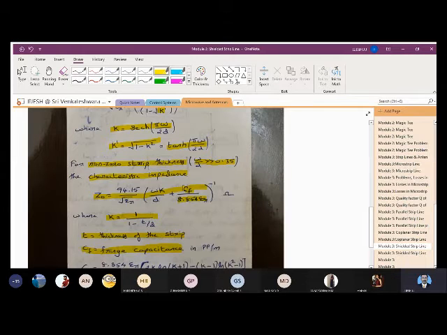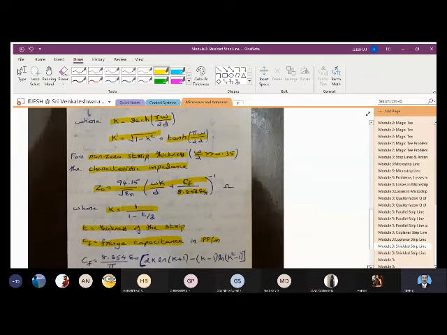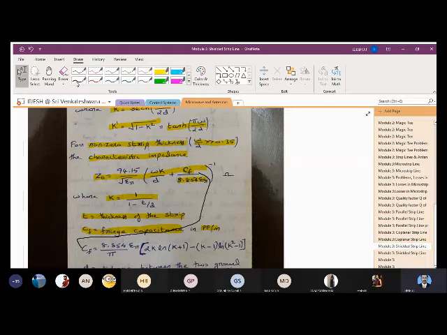So CF is called the fringe capacitance. It is in picofarad per meter unit. To find the fringe capacitance, you need to find CF and then substitute it in the equation. So first you have to find this out, and then you have to substitute here. That is how you have to go for it. It will be a bigger problem to solve when it is asked in the question paper. So you need to find CF and then substitute it in the equation to find the characteristic